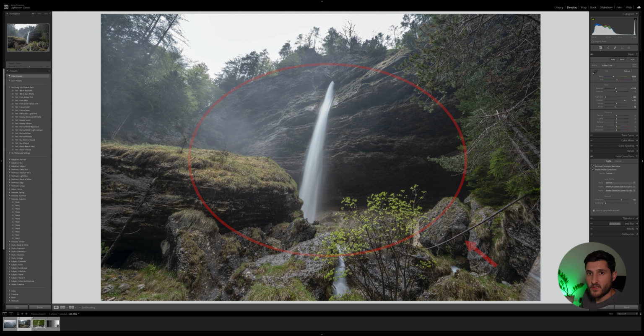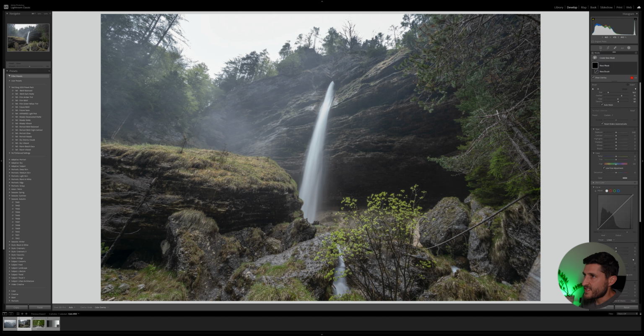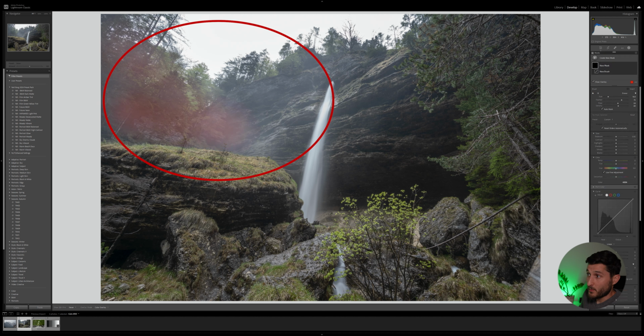And now we can start doing some local adjustments to the image, and then we'll proceed with some color calibration as well. So I'm going to start off by using a brush tool. I'm going to brush over these hazy areas right here. As you can see, we have some haze from the waterfall and from the rain that was present at that